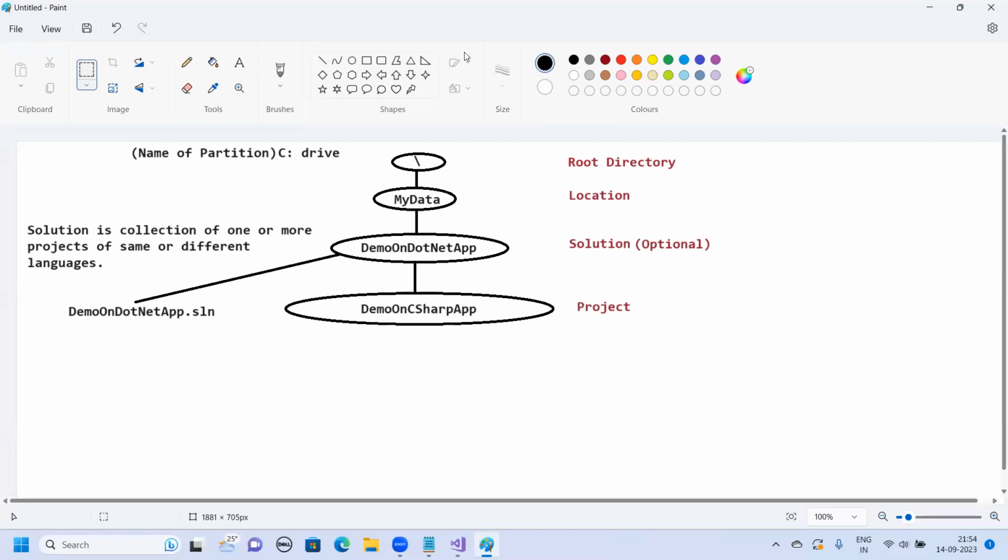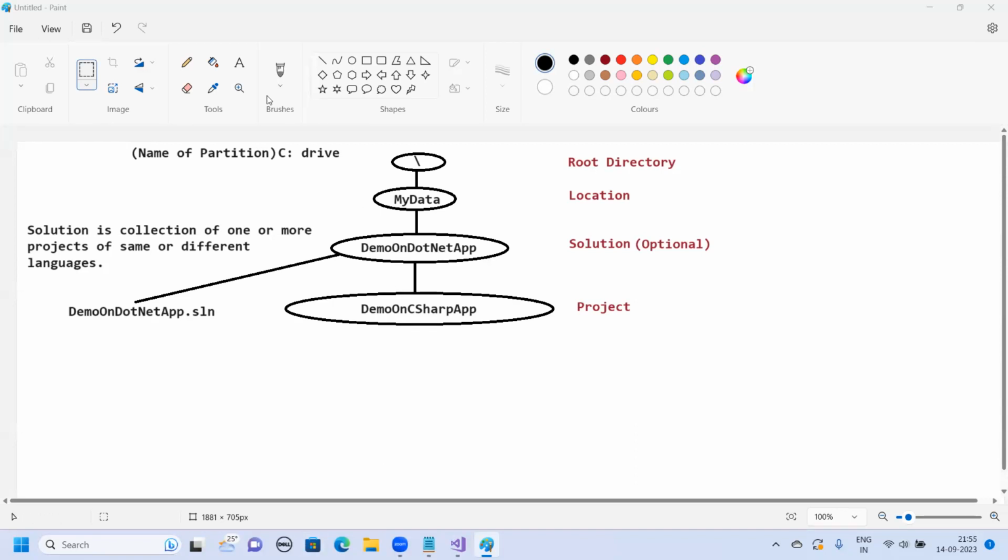Now, another point I'm discussing. But listen, I didn't explain to you the importance of this file. I only said that Visual Studio will create one file with .sln extension, sln is solution, inside the solution folder. Only that part I said, but I haven't explained what the importance of the .sln file is. Slowly I'll get back to you on every point. And going further, now I'm going to discuss